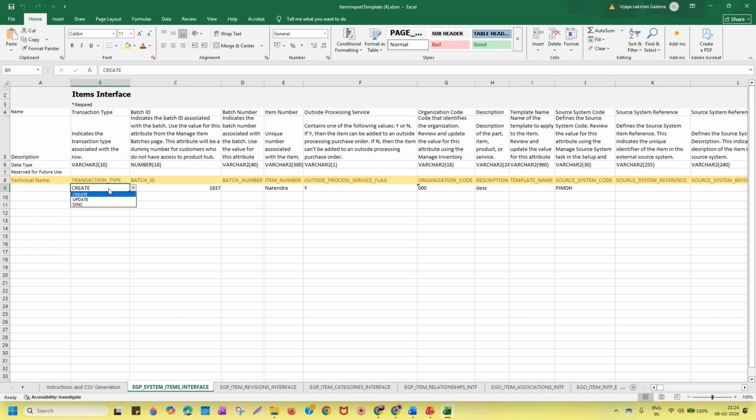Now I'm creating the item. I'm not updating, I'm not syncing any information. I'm creating the item. So first action, I selected the create. This batch ID, you are going to identify how many records you are loading. So with that batch ID, you are able to find out. And item number, I'm going to give my name, or else maybe you can give